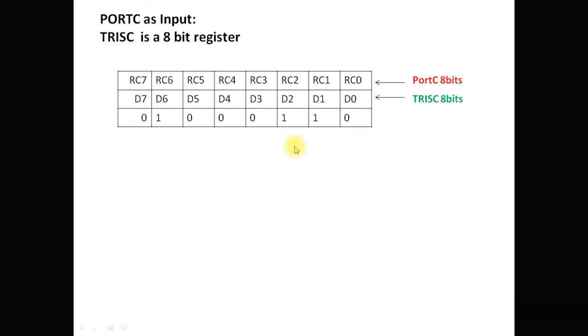So this is the way you have to use the direction control register to configure the corresponding port. Now, how to configure the individual port pin as input and output. By writing 0 or 1 in the corresponding direction control register bit, we can configure the port as input or output. 0 configures the pin as output and 1 configures it as input.